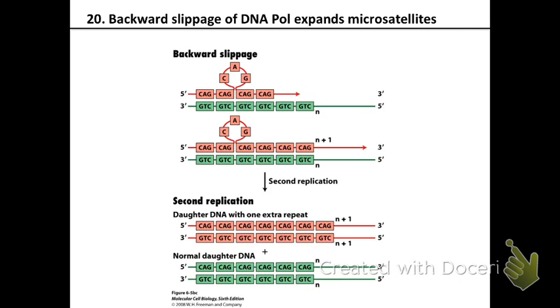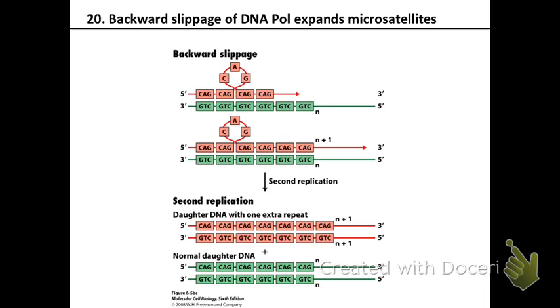Does this make sense? So this is how the polymerase can add additional copies to these repeats. If this happens in the germline of a person, then that additional repeat number will be segregated into the progeny. This doesn't occur all the time. It's infrequent. Because of that, over millions of years, we end up having different numbers of these repeats, but we can pass that repeat number to our children, right? And then they would have that repeat and pass it on, etc.